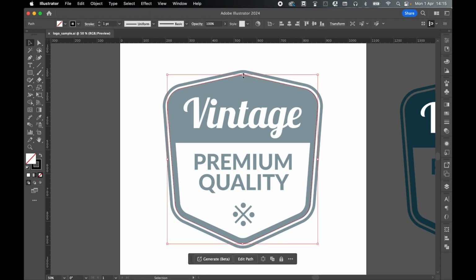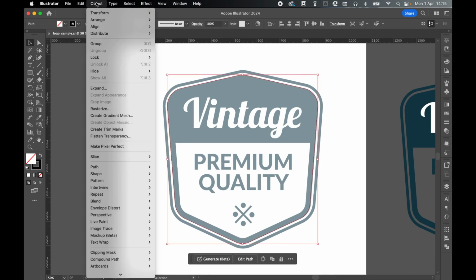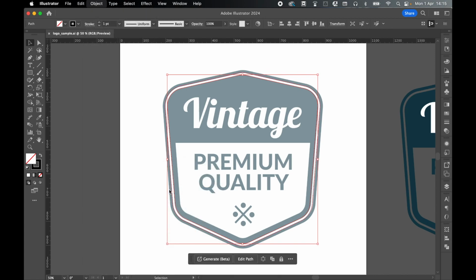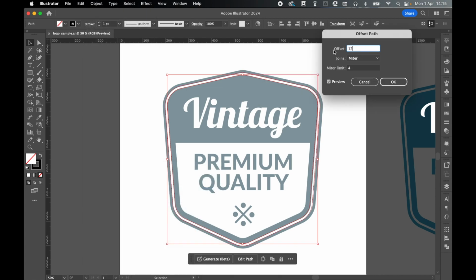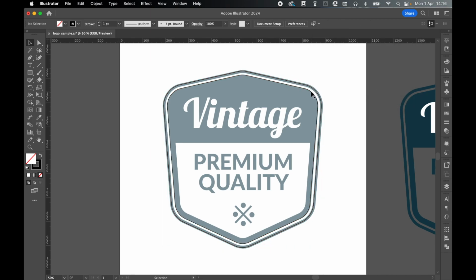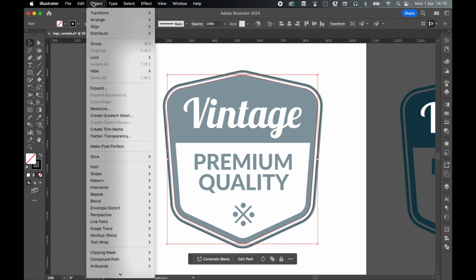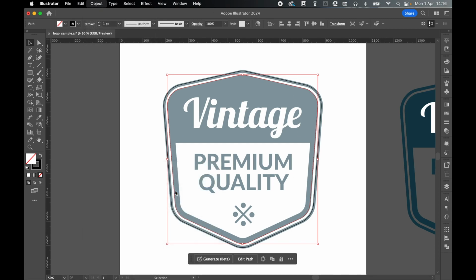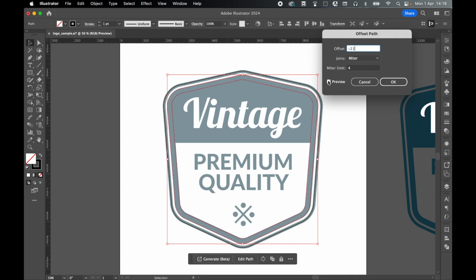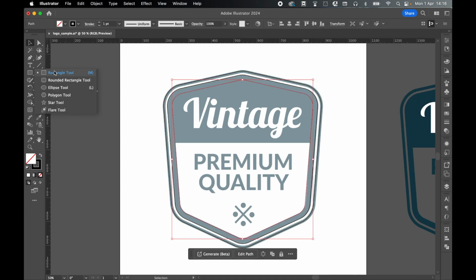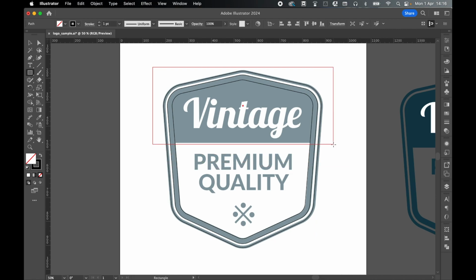Select our new shape and let's create two offset paths. So Object, Path, Offset Path. The first one to the outside, roughly in the center of this line because we're going to use the stroke. Press OK, and let's create another one that goes to the inside that aligns with this section here. Press OK, grab my rectangle tool, click and drag a rectangle over to line up with the top of this